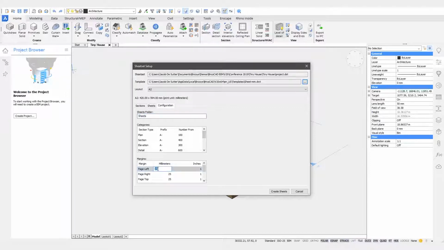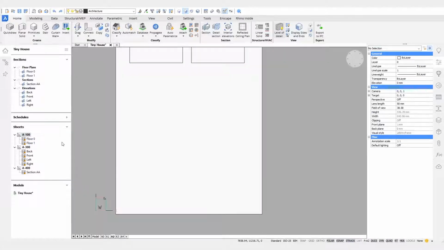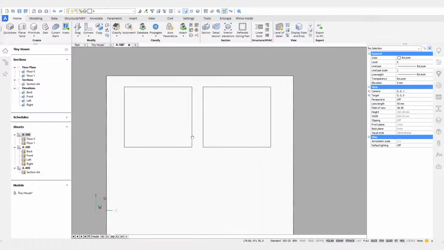But I'll just use the defaults. I also didn't really have a title block or anything prepared. It's just going to be a blank page with some drawings on it. But I think that's fine for now. And now we see here there's already some sheets in place, but they're all out of date, so we didn't